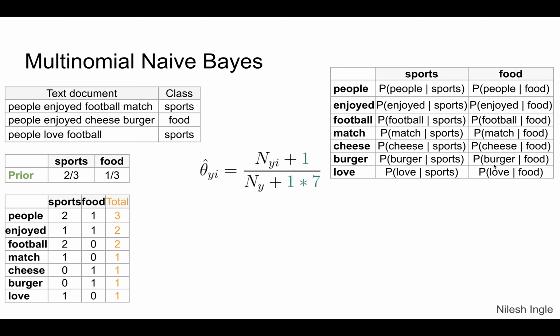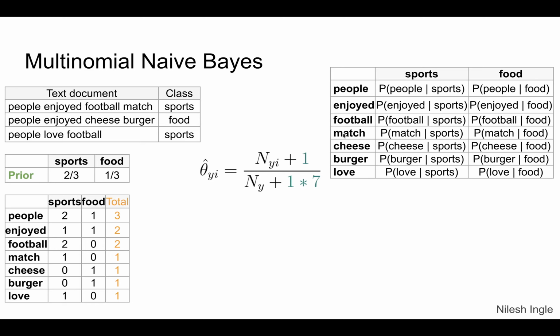So first, we have this equation, and in this case we'll assume alpha of 1, and the vocabulary size here we have 7 words, 1 2 3 4 5 6 7, so that's why we have the 7 there. Now here in the sports class, the count for the word people is 2,